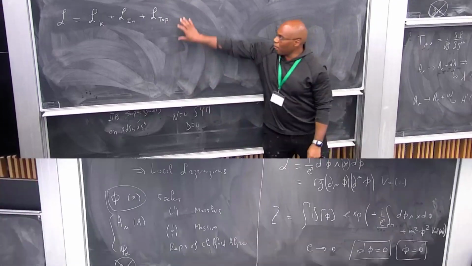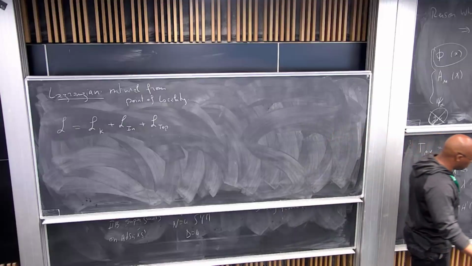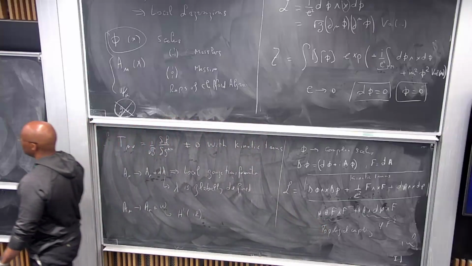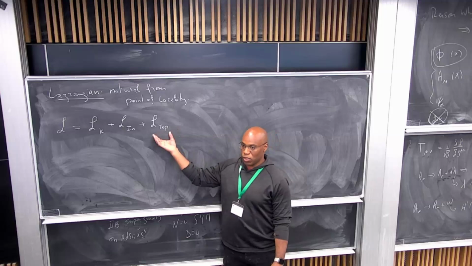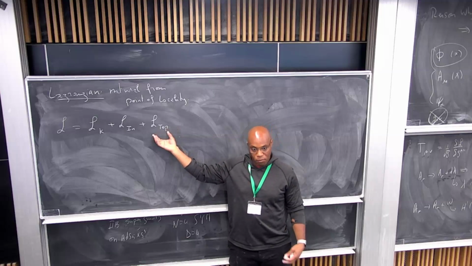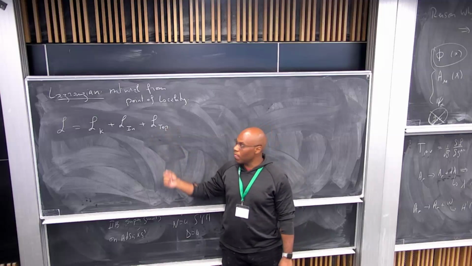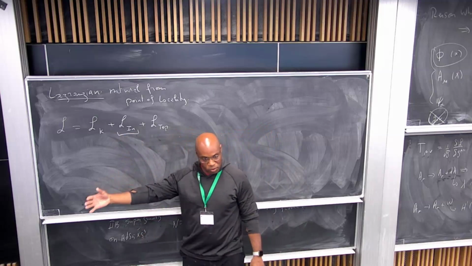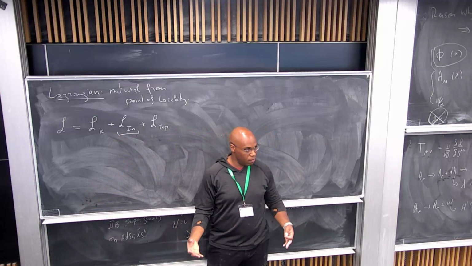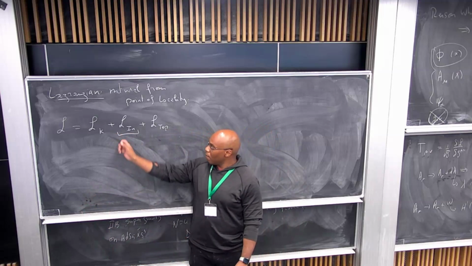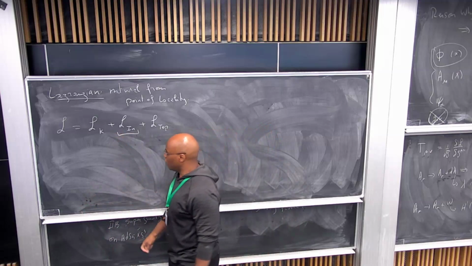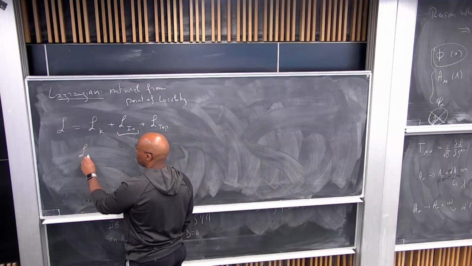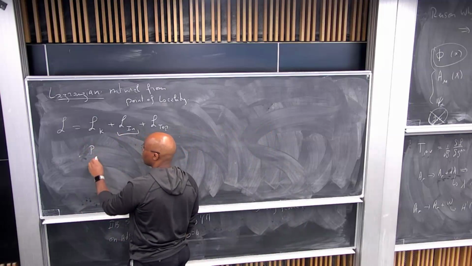So an example of a contribution of the topological terms are here. One way to immediately see them is that if I vary the topological action with respect to the metric, I get 0. They don't contribute to the stress tensor. The interacting part, however, can contribute to the stress tensor and can do many interesting things. The interacting part, for example, I can write as some polynomial